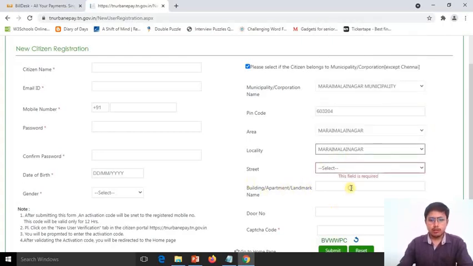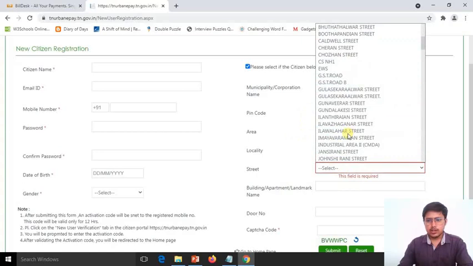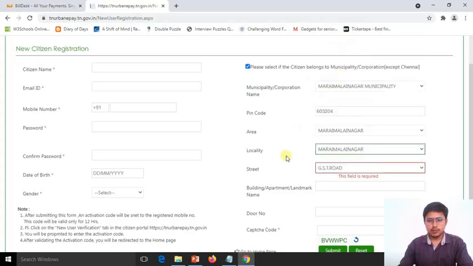Then you enter your building, apartment. Okay, this field is required. Then you have to enter some street. You have to find out which street we stay in. So this is GST Road. You can click on GST Road.